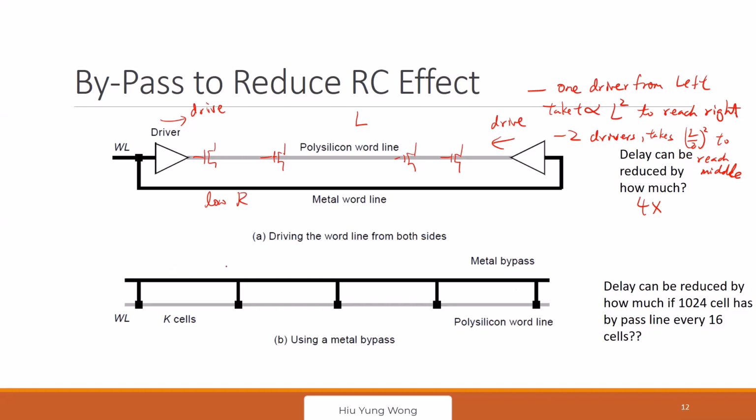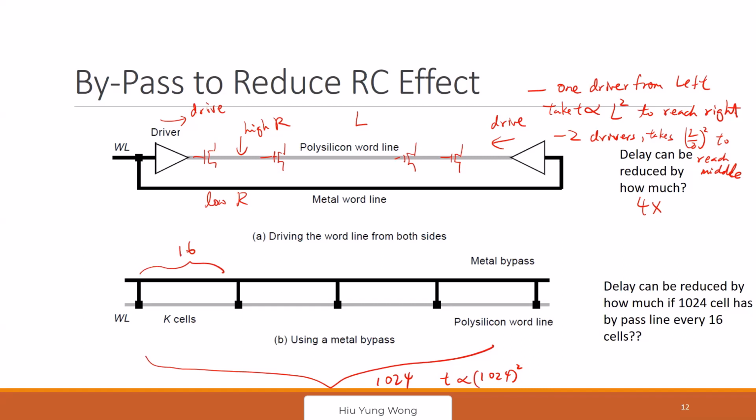So this is poly, the word line. This has high resistance, right? Like in DRAM and SRAM, if I have so many cells, I don't want to drive the word line from the left through the poly. I use this bypass. So for example, if there are 1024 cells, originally the time from driving left to right is proportional to 1024 squared. There's a scaling, but it is proportional to this. But if I do a bypass so that every 16 cells I have a metal contact,